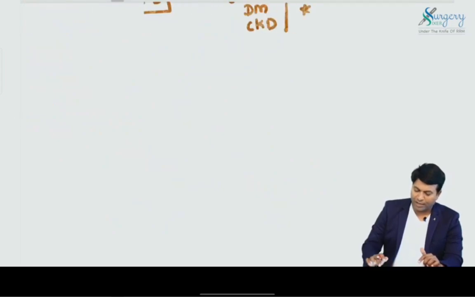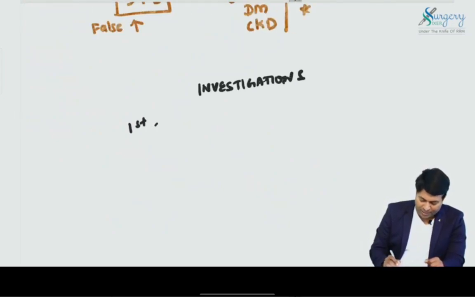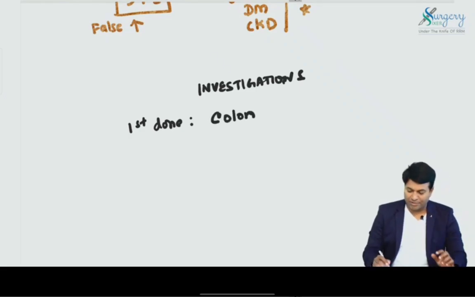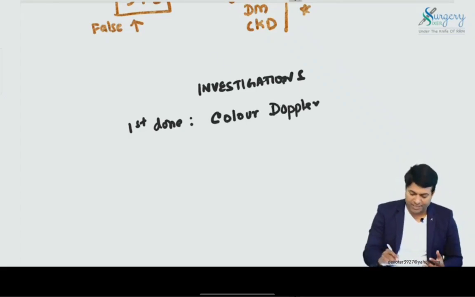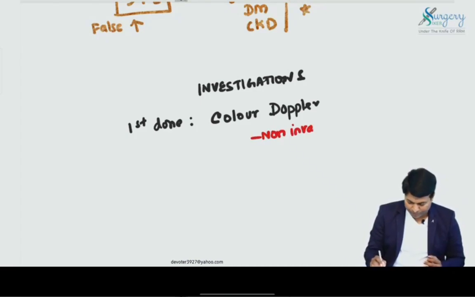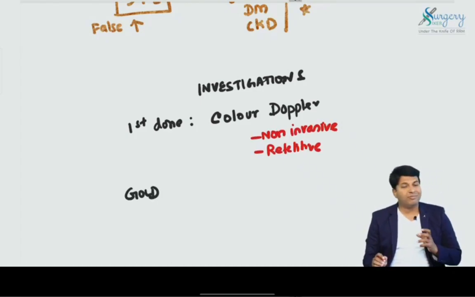Now we are coming to the investigations of vascular disease. The first investigation done is always color Doppler, also known as duplex scan. Please don't forget. It is a non-invasive test and it can be repeated. But if they ask you what is the gold standard investigation for atherosclerotic disease,